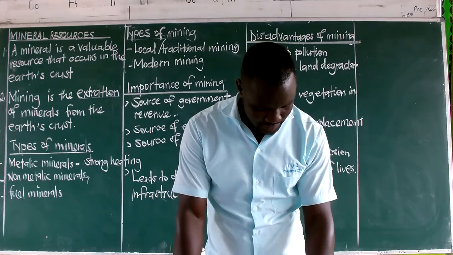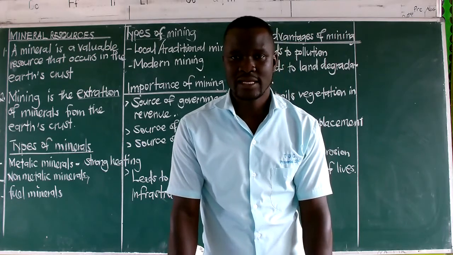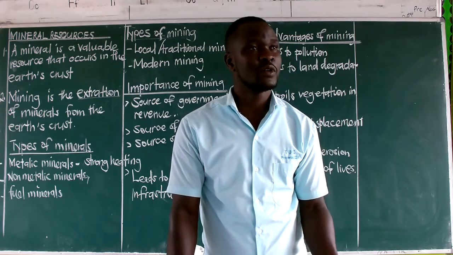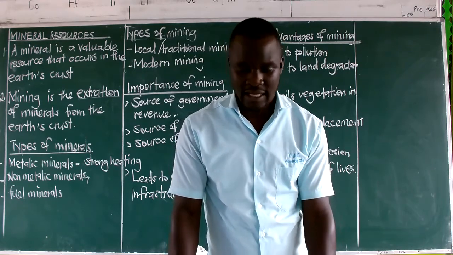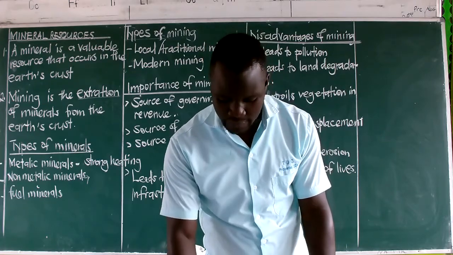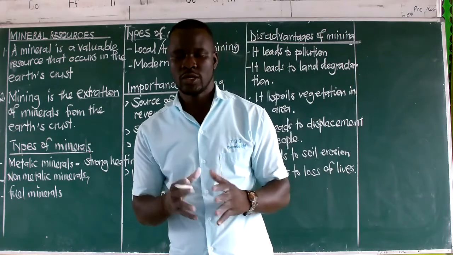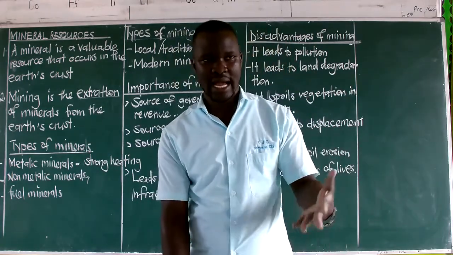And then also we have power failure, that is limited power supply. Sometimes you find that, of course, these machines need power, and power may not be enough in that area. There is power shedding, and this becomes a problem. Now, having understood the problems, we are now going to look at the solutions. What should be done to address the problems that we have mentioned above?